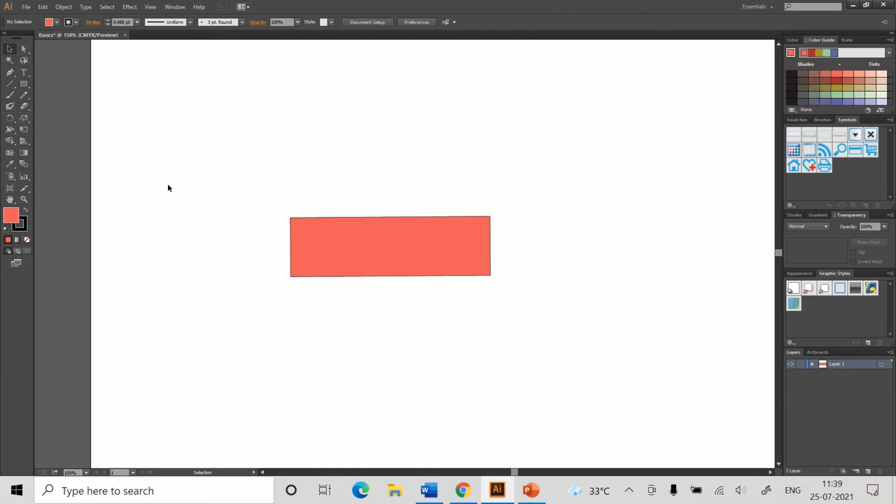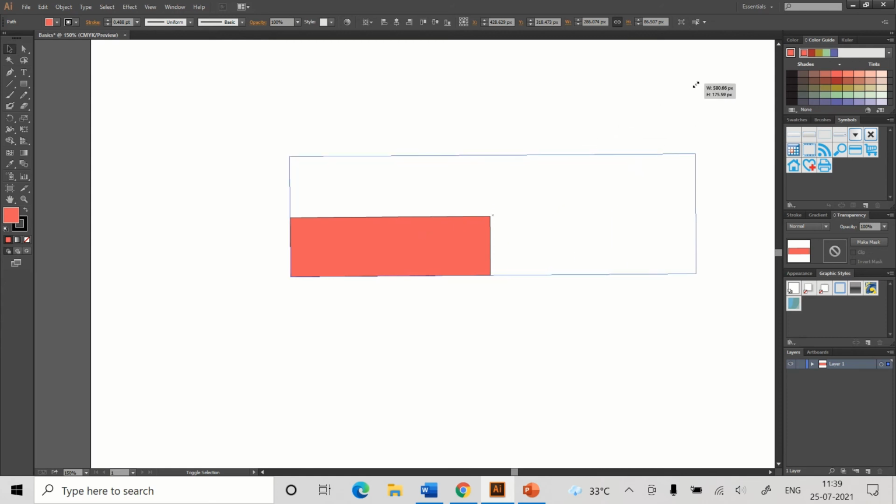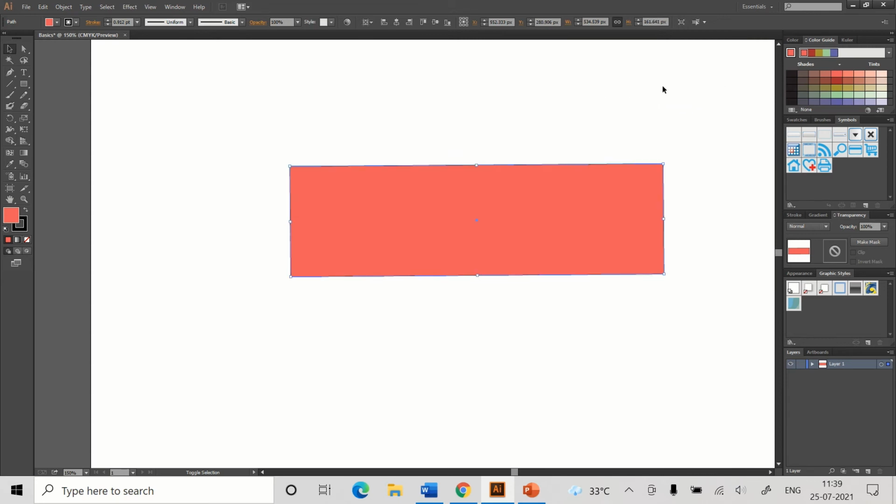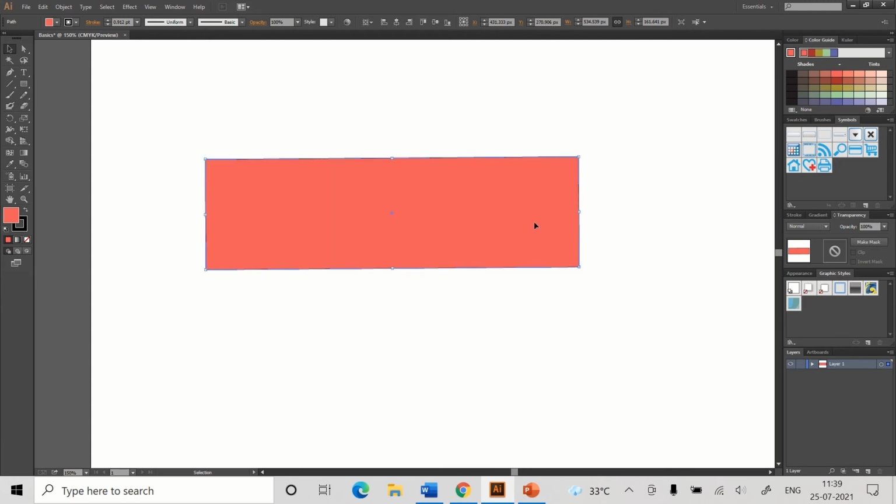And the next option is that, again, if we select and this time press Shift. After pressing Shift, when we move it, it is moving in a proportionate manner from length to width. It is not changing the direction as it was happening earlier with the help of Control. So it is again going in a proportionate manner. Alright, so these are the basic things which you have to use with the help of the selection tool.